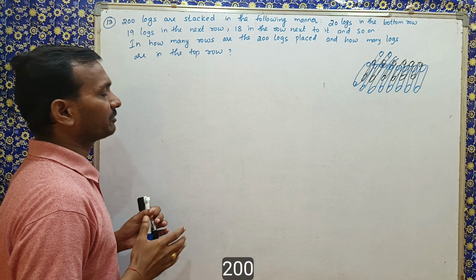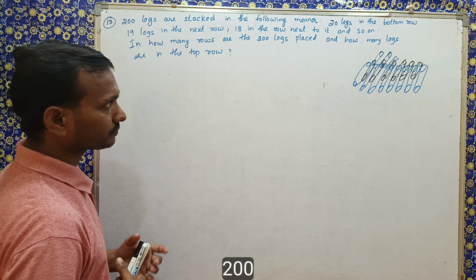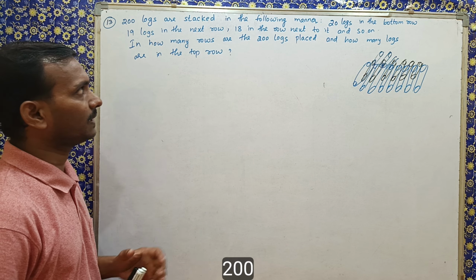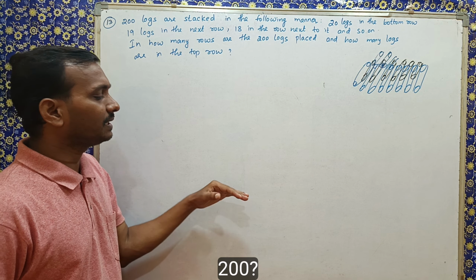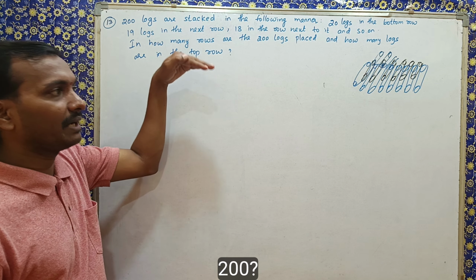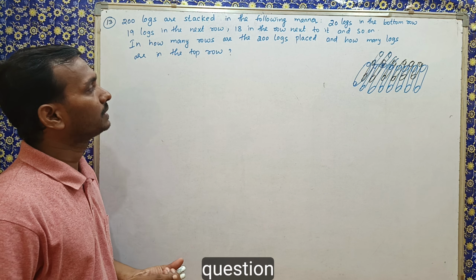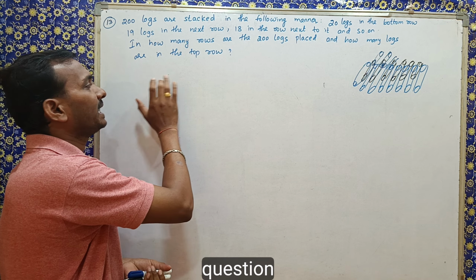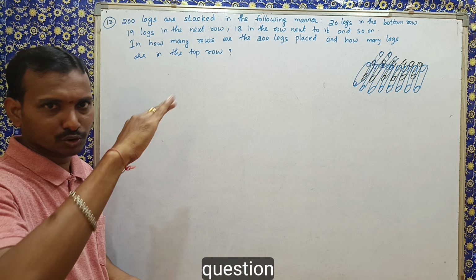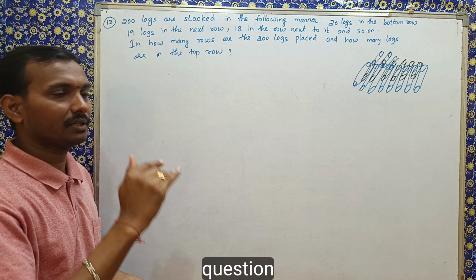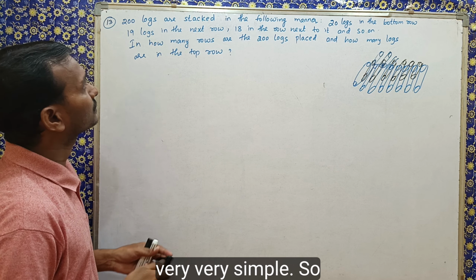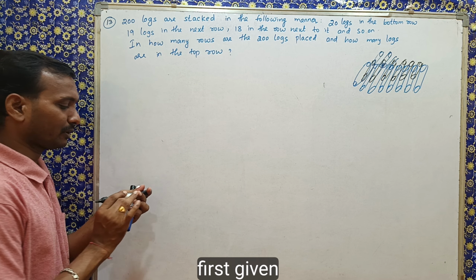ఇలా చేసిన తర్వాత ఇప్పుడు అడిగిన క్వశ్చన్ ఏంటంటే, ఈ 200 లాగ్స్ ని మనం ఇలా ప్లేస్ చేస్తే ఎన్ని రోస్ లో అవి కంప్లీట్ అవుతాయి? దట్ ఈస్ ద ఫస్ట్ క్వశ్చన్. అండ్ అదే విధంగా పైన రోలో ఎన్ని మొద్దులు ఉంటాయి, ఎన్ని లాగ్స్ ఉంటాయి అనేది క్వశ్చన్. వెరీ వెరీ సింపుల్. సో ఫస్ట్ గివెన్ ఇన్ఫర్మేషన్,